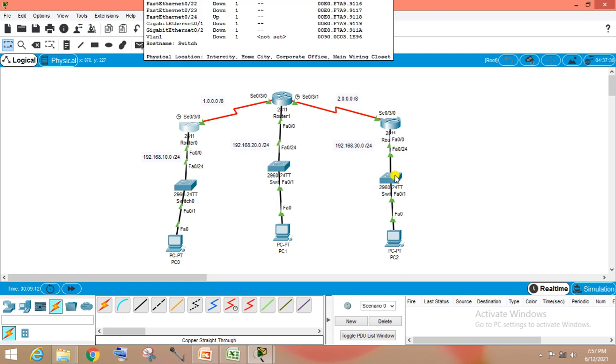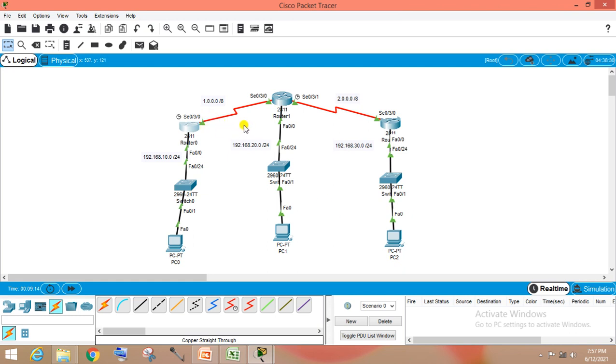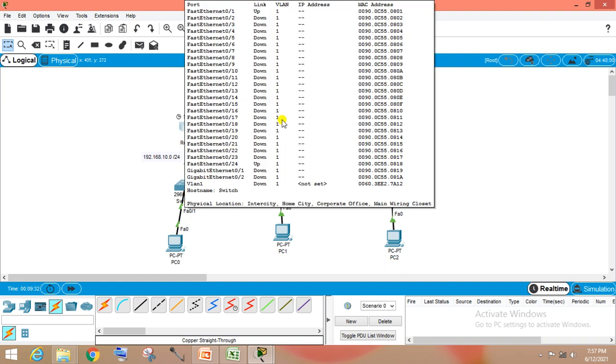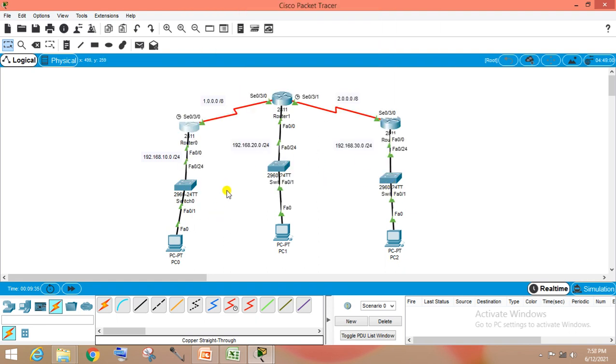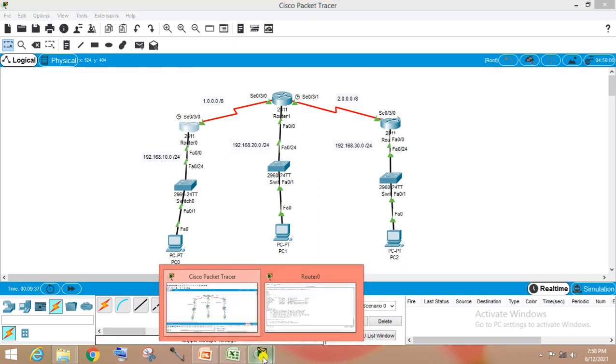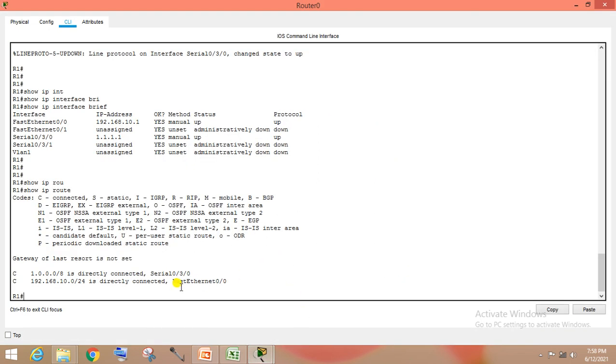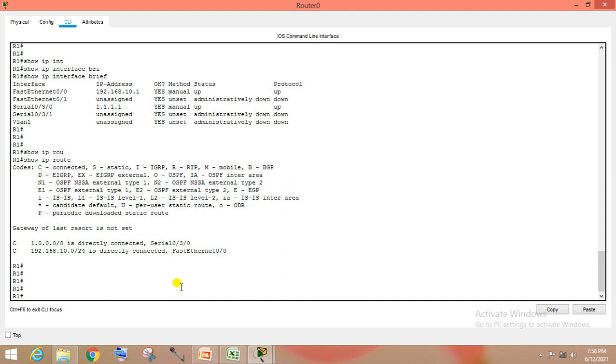For this, last time we did static routing and default routing. Now I am doing dynamic routing, where we don't require the destination network ID of the remote side. We will configure it to advertise only our own networks, and the router automatically learns the other networks. Okay, let's verify it with one dynamic protocol that I am implementing. So what are the commands?